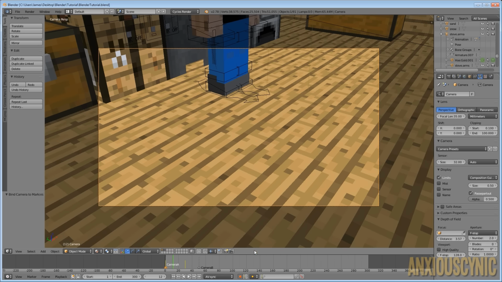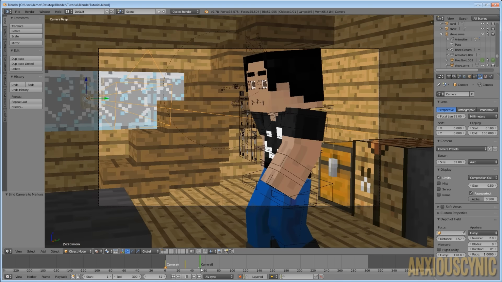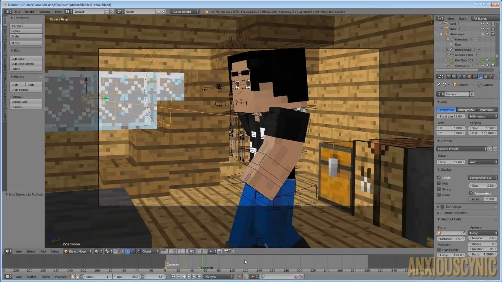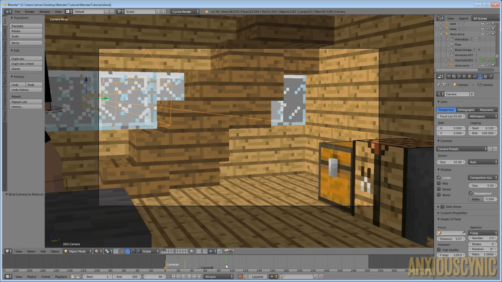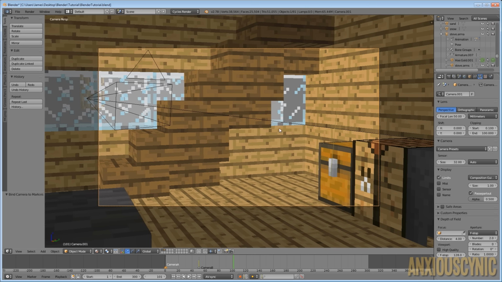And now you may be like, wow, that's a lot of trouble. Like, I have to do that every single time I want the camera to change. Fortunately, that is not the case. Let's just animate our camera here a little bit since we've got some stuff going on. So let's say frame 100 there. I'm going to click on the edge of this frame since we're in the camera view, and that actually selects the camera that we're using.